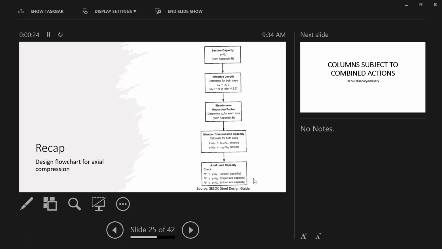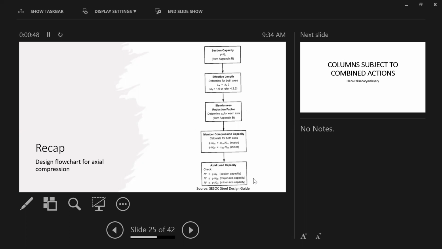So most of the time, because the column is supporting the beams, they transfer some shear and bending moment to the column. So we need to consider that bending moment, which decreases the capacity of the column for carrying the compression and